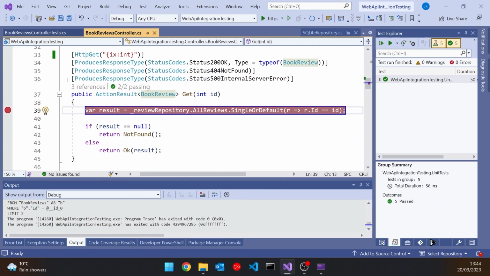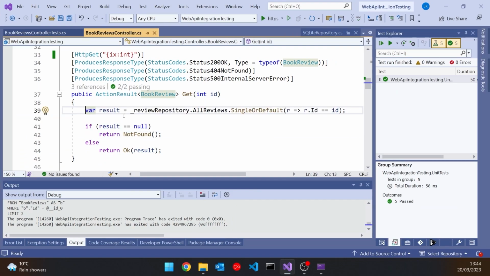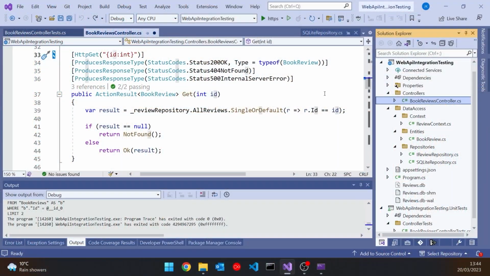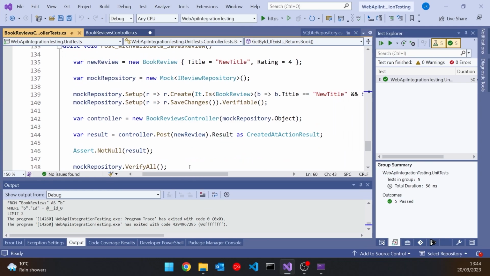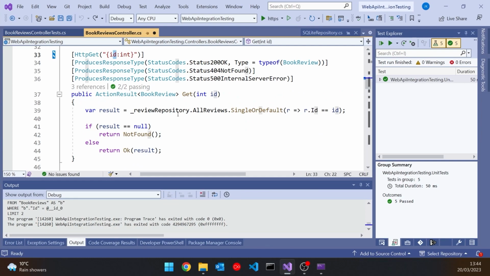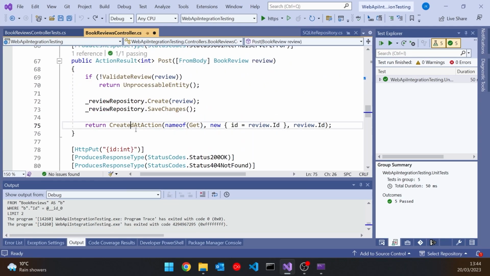Another problem that we can get in the other direction is the fact that our unit tests are actually locking the implementation of this controller into a particular way of doing things, which, remember, unit tests should never do. We should be simply testing the output, not how the implementation works. But if you take a look at the test for the post, then you can see that we're assuming that the post returns a CreatedAtAction result. That is the correct behavior for the test, and that's okay because in the post here, we are returning a CreatedAtAction. But actually, that doesn't really matter.